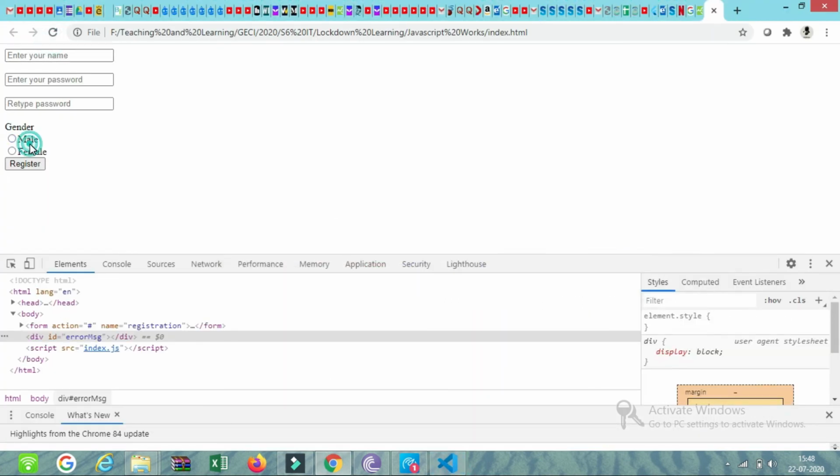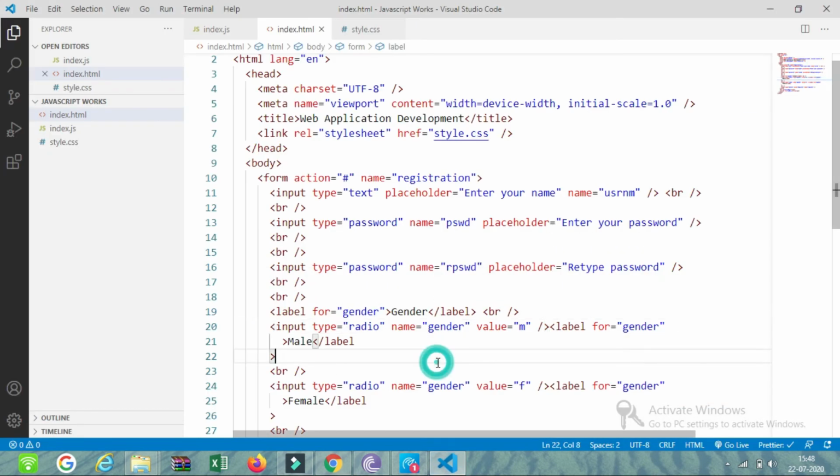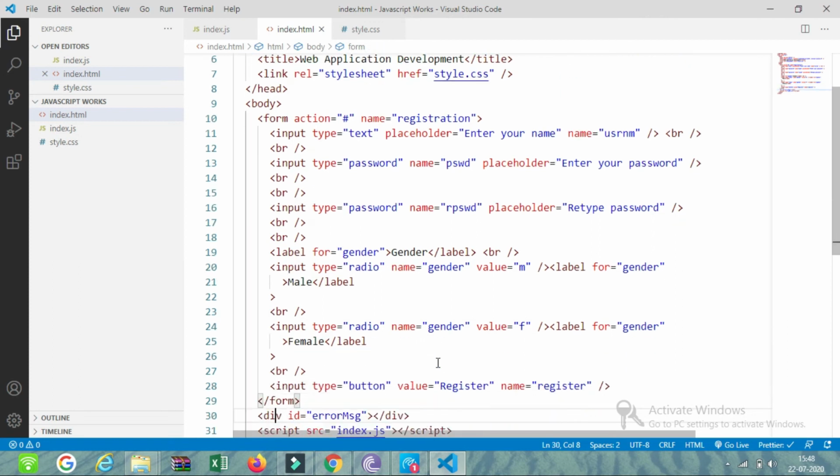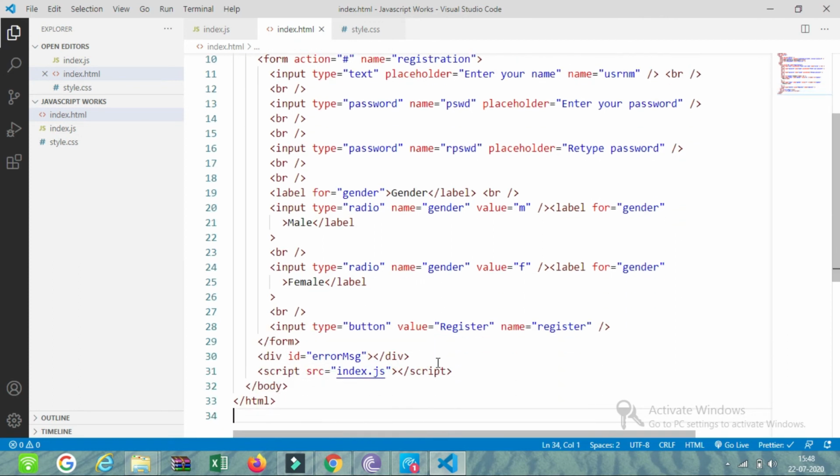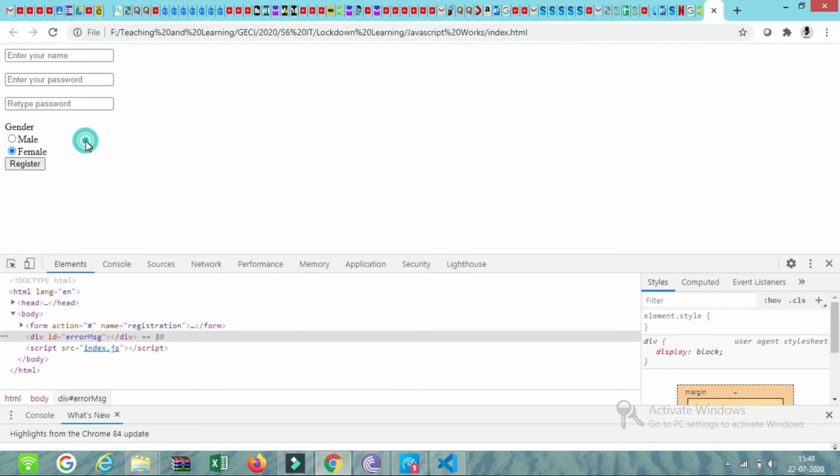Either you can select this or you can select this. Now what we are going to do is check whether either one of these is selected, whether either of these values is selected or not.